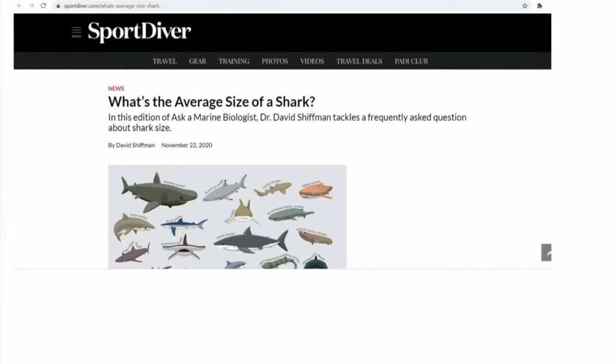But where did that average shark size come from? I found this article by someone that I happen to know, Dr. David Schiffman, where he takes the maximum known species size for each shark species and averages them to come up with just over 4 feet for the average size of shark species. I don't trust this information just because it's someone I know, and you shouldn't either. However, in the article, he talks about the process he went through to get that value, to the point where you could go get the book he references and get the number for yourself.